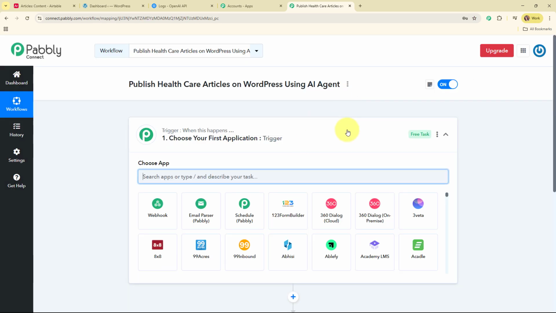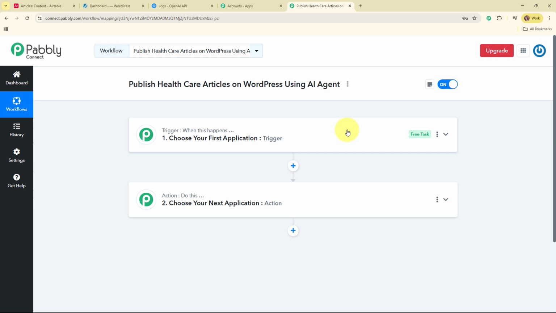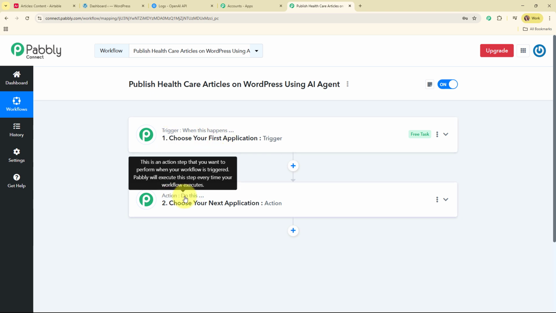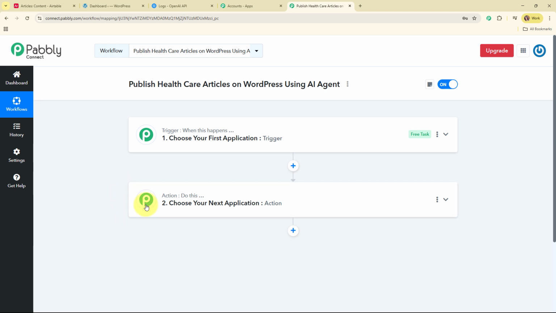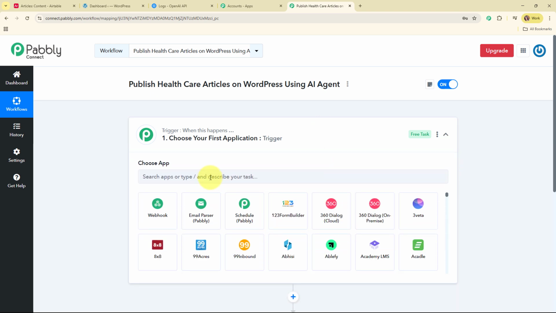Now in this workflow window, you can see we have successfully created a workflow, and on my screen you can see the two most important principles of an automation process, that are trigger and action. Where trigger says when this happens and action says do this, that means action is a response towards a trigger. Your automation can have a single trigger but multiple action steps. Now let's begin with our automation by simply setting up a trigger.